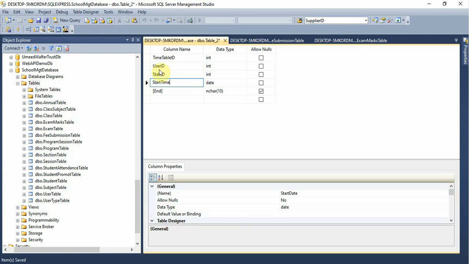This is the class start time and class end time. So now end time. And I'll also write the time here,